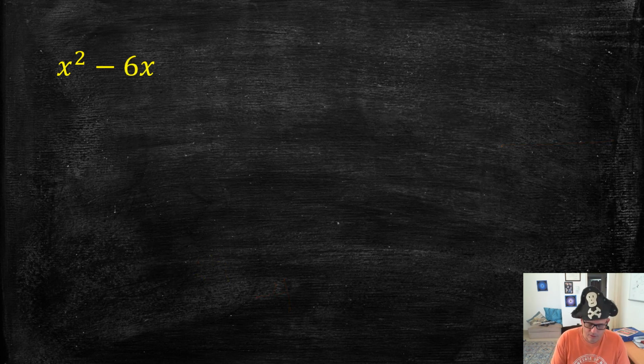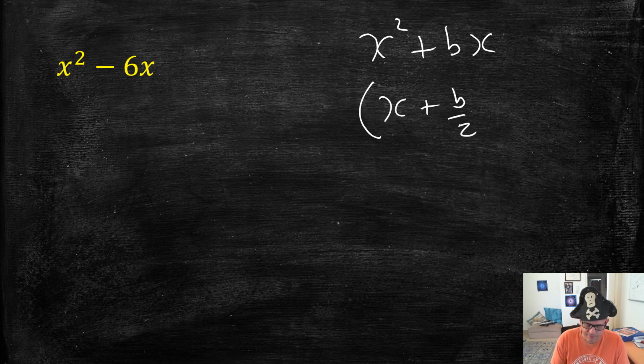Okay, let's look at one more example again. If I have x squared plus bx and I want to complete the square, it's always going to be x plus half of b, squared. That's the square. Okay, but in order to complete the square, I need extra tiles. I can't make a square. How many tiles am I adding? I'm adding 9 tiles, aren't I? If I add 9 tiles, I need to take away